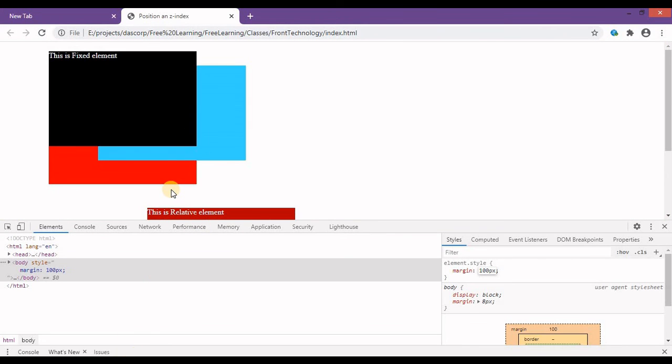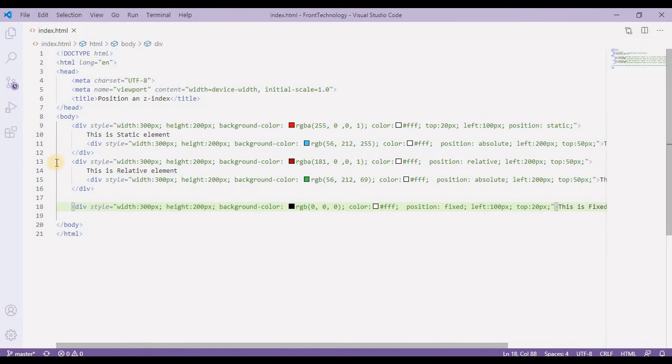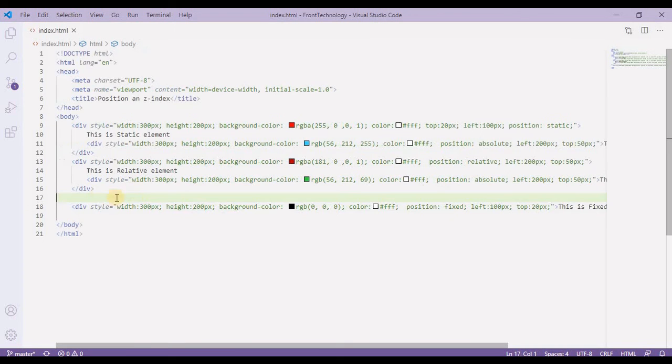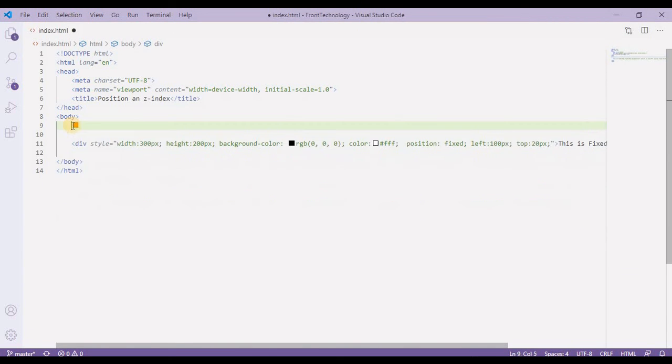Now let's come to our z-index concept again. For that I'll delete all these lines of code, or maybe I'll keep one and delete all the other lines of code. So here I'm going to take one div element which has the relative position.